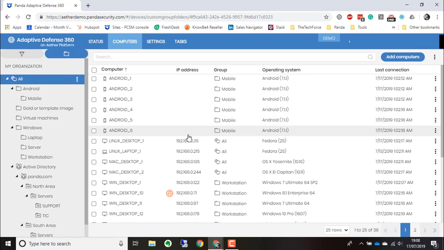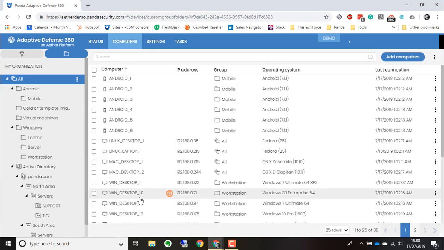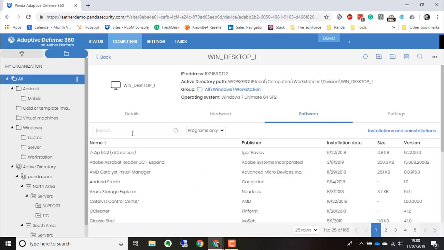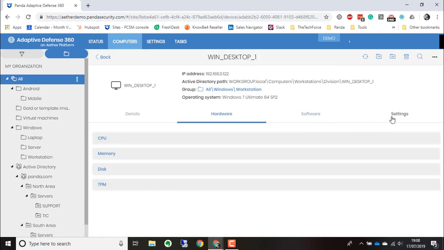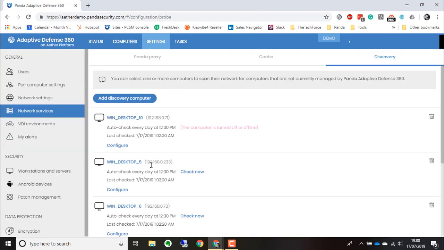While we're in the computers part, you can isolate computers if you think there is an infection of some sort, which, as I said, we've been helping a number of customers, and we never had to use this feature. The groups, you can create your own, or it will replicate your Active Directory. And once in a computer, you can see the hardware and software information as well. You can search for a particular update or software, which I think is brilliant. So moving on from there, going into the settings, you have a number of different settings,